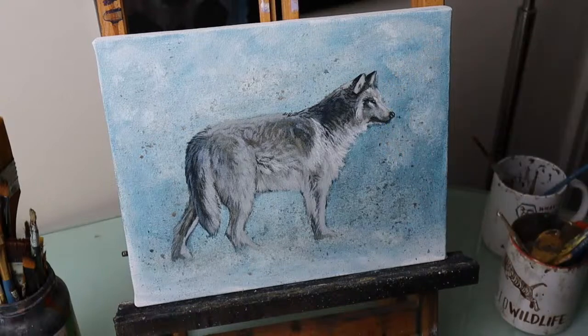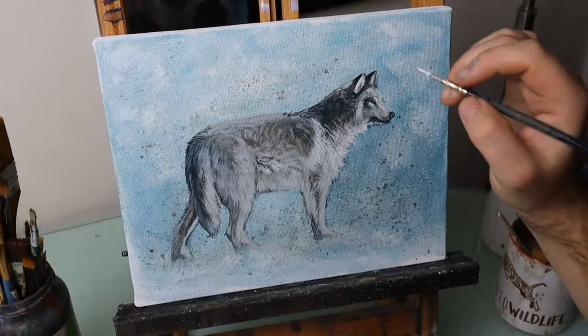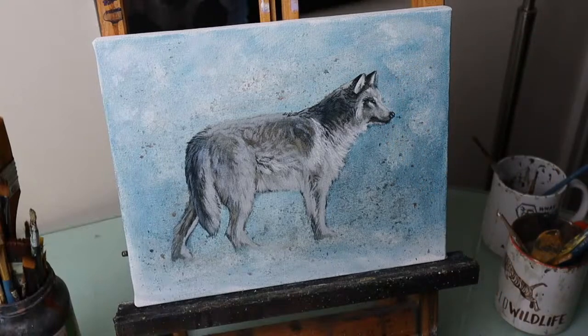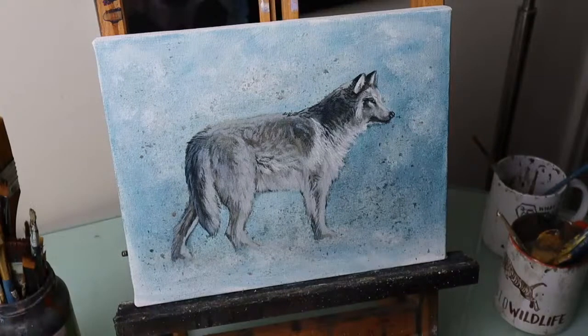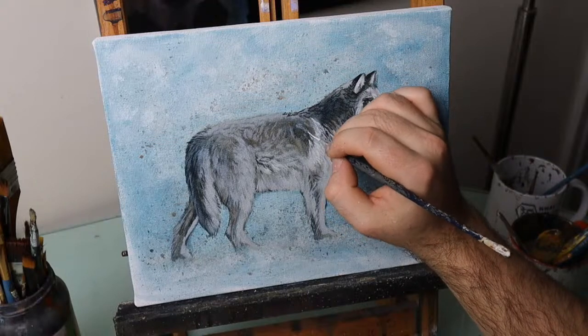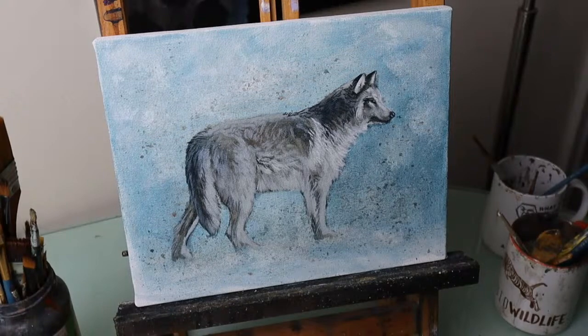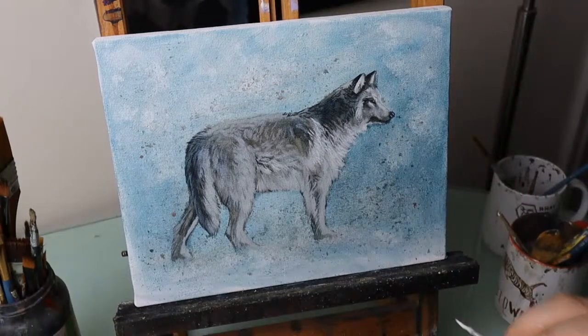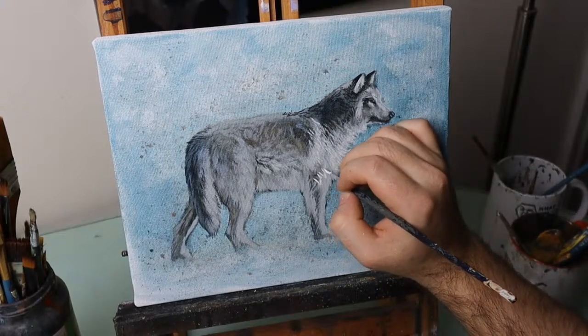Hopefully I can get this wolf finished before midnight. This is definitely the one that is the most difficult. Really struggling with this wolf. Really struggling. Maybe it'll come together when I start doing some more glazing. Let's get these legs in as well. Maybe that'll help. So just using the white,